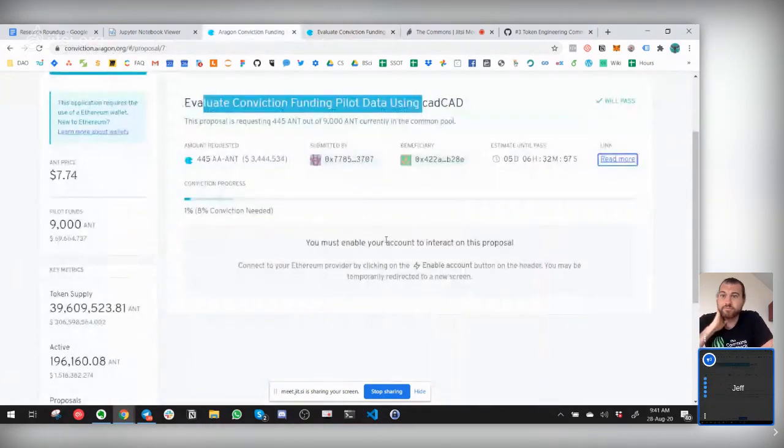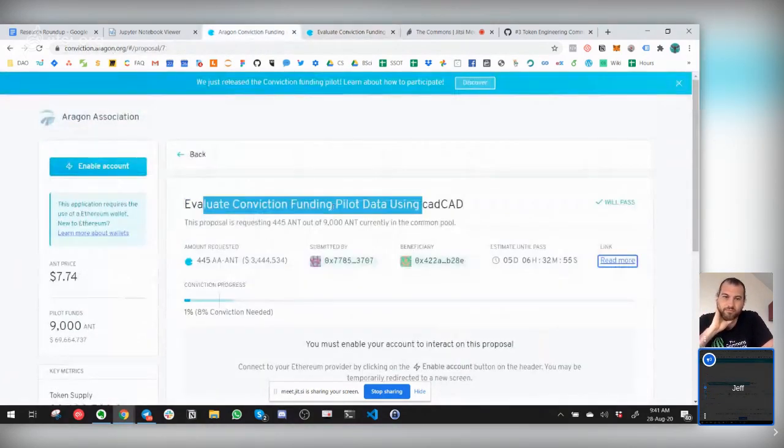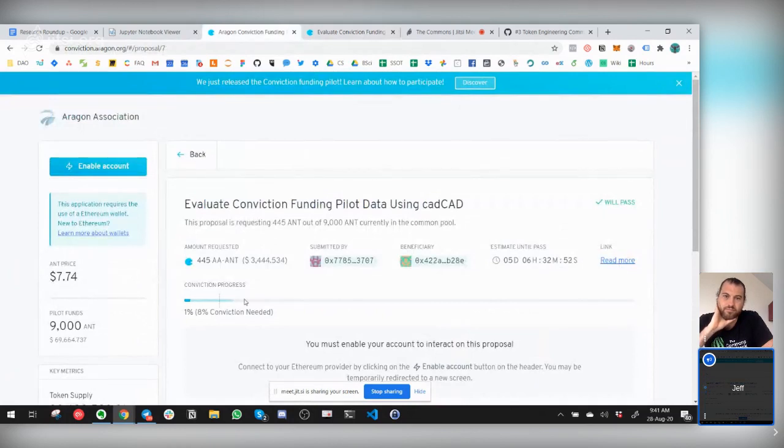So if you have any SANT, consider supporting proposal 7, or take a look around. There's lots of exciting stuff on there, so take a look at all of them if you like. That looks like a great one, though. At least from the Commons Stack perspective, this is the whole point. It's not about launching this for one project. It's about launching these tools and then learning from them so we can improve the tools. And every project after this can be better and better because we're capturing learnings. I like that proposal. That's the proposal to vote for, everyone.